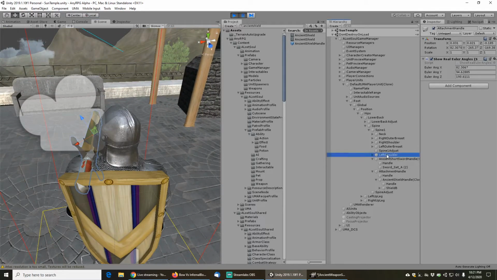And then we want to basically do the same thing. We just want to Control D to duplicate the sword. We want to remove the sword from that. We'll just call this position handle. We will pull the sword under the position handle. We'll take the position handle and